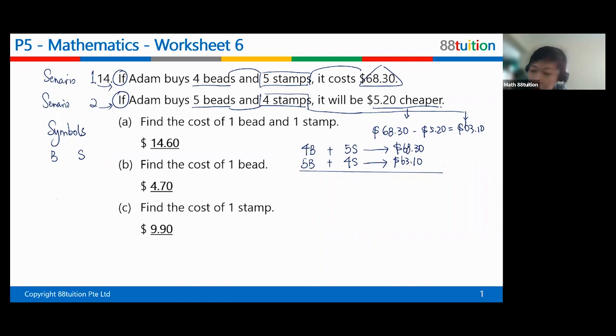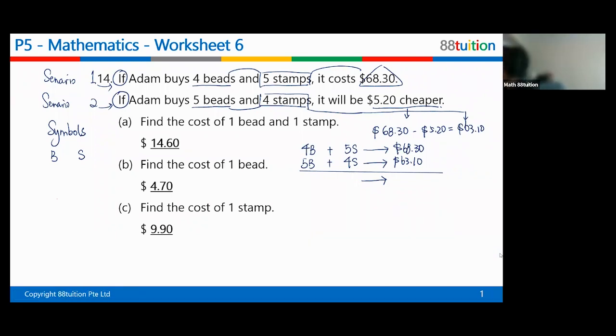What do you want to do now? I think it's $68.30 minus $63.10. Why do you minus? Because you'll find out 1 stem and minus 1 bit. Oh, so you want to find a minus 1 bit, so not enough. So not enough, what can we do? Then later we will have a problem.